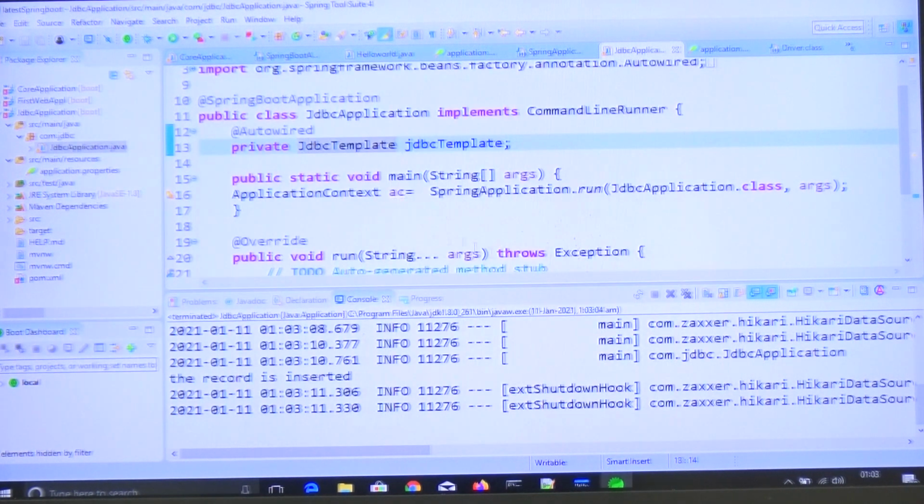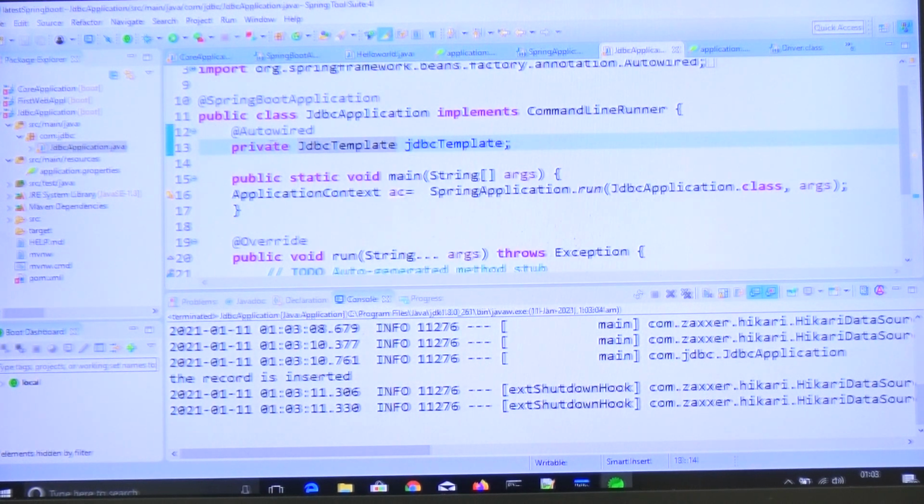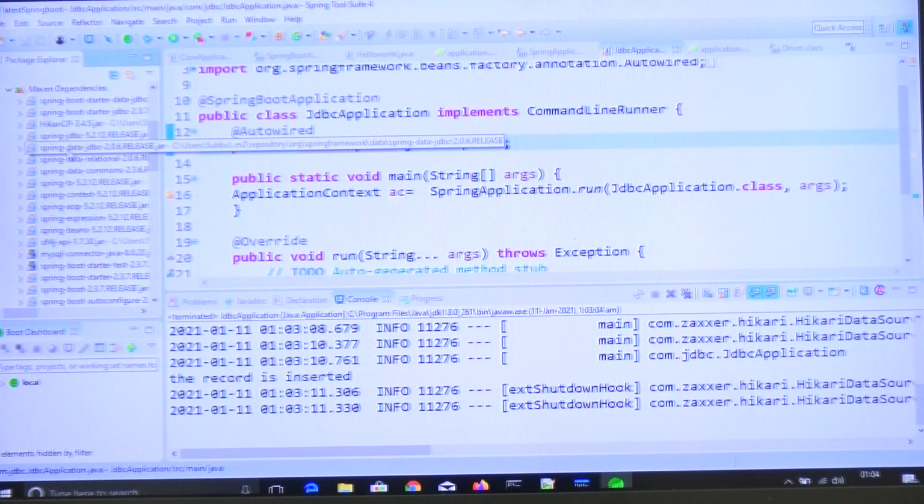What is the advantage? Of course, anyway we can insert the record by using Spring also. But what are the benefits we are going to get here? We didn't declare any data source, as well as we haven't declared any JDBC template also. However, we are going to get a JDBC template that is already configured based on the classpath. Where is the classpath? If you are seeing here, Spring Data JDBC is there. By that Spring JDBC, the JDBC template object is already configured, already created by the enable auto configuration. That is the advantage of this one.